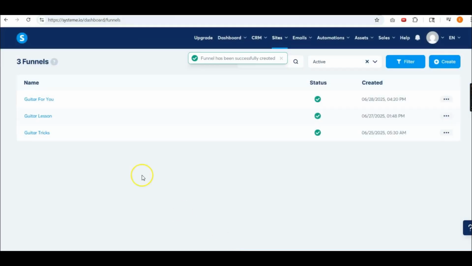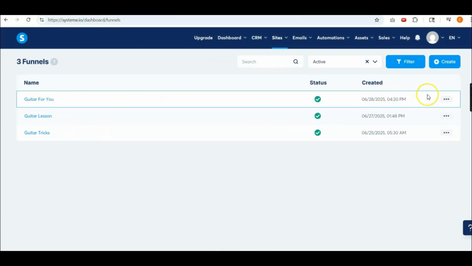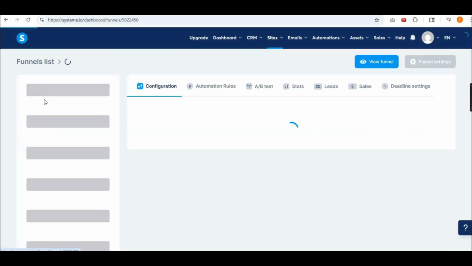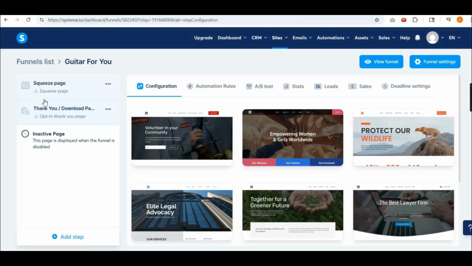And then the next step around, you're going to want to get inside what you just created, but you're going to need to edit it. So you can click right on it, and that will take you directly there. Now, you need to have a squeeze page to a thank you page, and that's what we're going for. We want somebody to opt into the squeeze page and give them a thank you page, but you need a